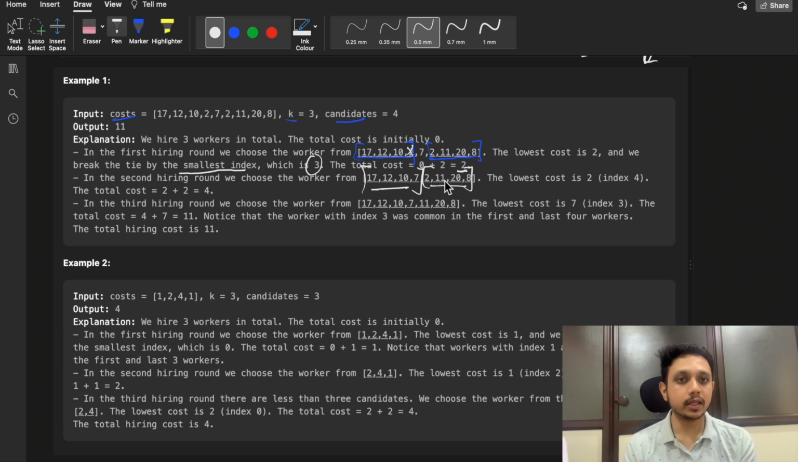Now here the lowest element, or the worker with the lowest cost, is this 2, and on the left 7 is the lowest. So 2 is there and there is no tie here, so we will select this worker with cost 2. So total cost is 4. Now in the third round,